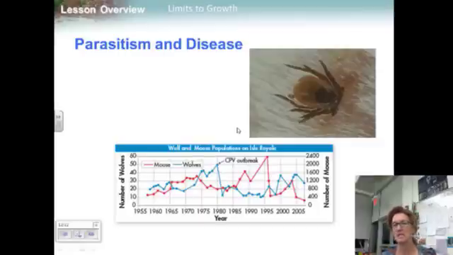Parasitism and disease. So parasites and disease-causing organisms feed at the expense of their host, weakening them and often causing death or disease. For example, ticks feeding on the blood of a hedgehog can transmit bacteria that cause disease. Parasitism and disease are density-dependent effects because the denser the host population, the more easily the parasites can spread from